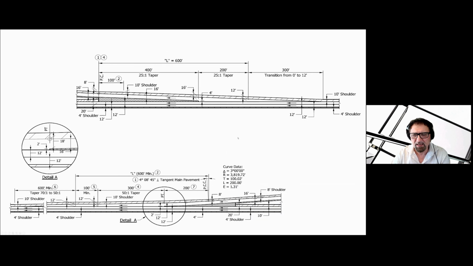The standards that I worked from are just simply described here, and you can see that for the off ramp, the stationing will be following the direction of driving. And then, if you look at these distances, the taper itself is about 300 feet to transition from 0 to 12 feet wide lane, and then we have another 200, and then a 400.